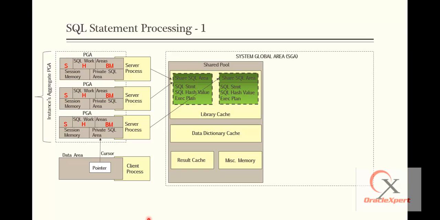So the client process is responsible for managing the private SQL areas. The allocation and deallocation of the private SQL areas depends largely on the application, although the number of private SQL areas that a client process can allocate is limited by your initialization parameter called open_cursors. Although mostly users rely on the automatic cursor closing mechanism and the database intrinsic facility to close the cursor